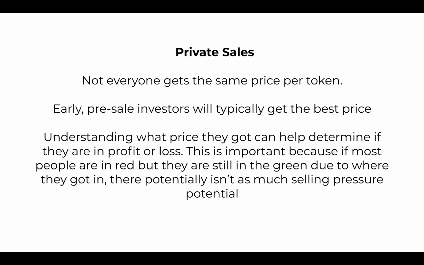Because if we are in the red, and we know that most people will be in the red, but then let's say we got in at $3 per token, but we know that the early investors got in at $1 per token and the price is currently trading at $1.50, so most people are at a loss, then we can make a fair assumption that because they are still in profit, the human tendency for them to dump is reduced. Not that many investors like that would do that, but just the overall selling pressure is likely to be diminished because they are still in profit overall.